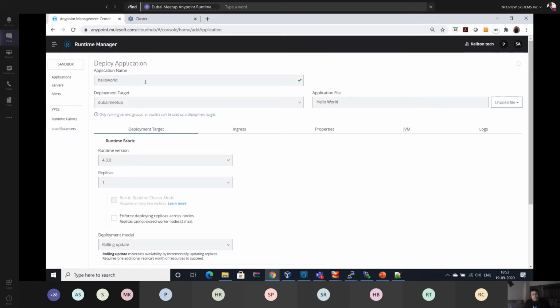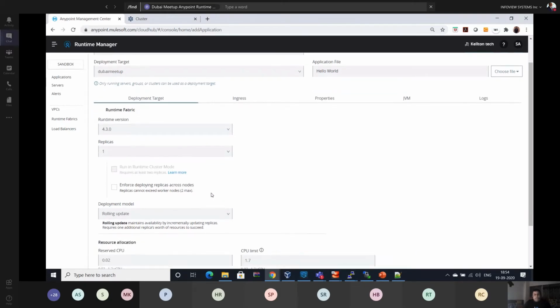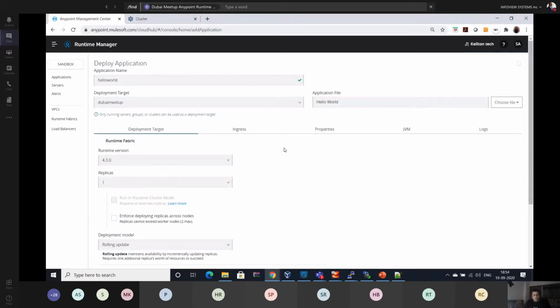We cannot have any port apart from 8081 or 8082 in our Runtime Fabric. Like in our other deployments, if we want to change the port to secure our system APIs or process APIs so that they cannot be accessed from anywhere or any platform, we keep the port secret. But here we cannot change the port, and it is restricted by MuleSoft, we can use only the 8082 port over here.